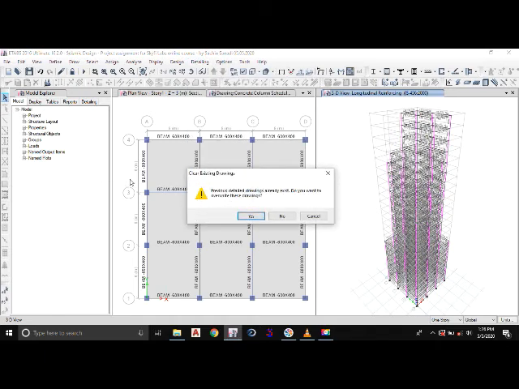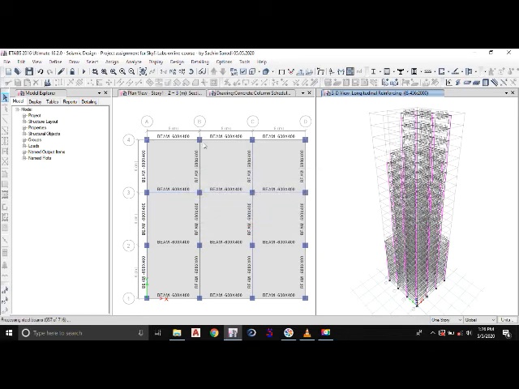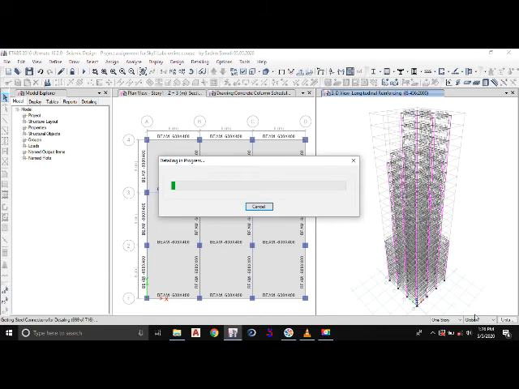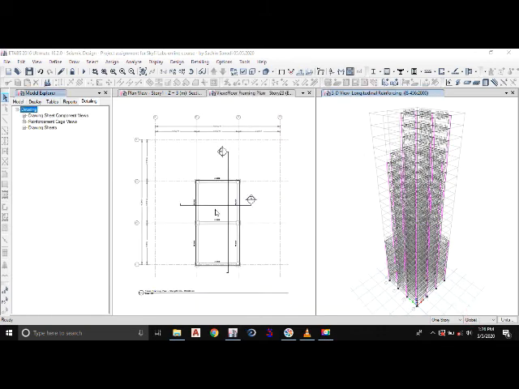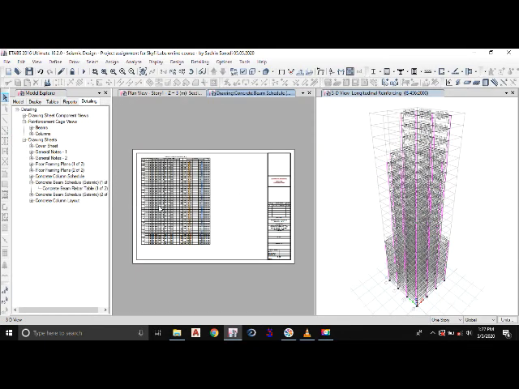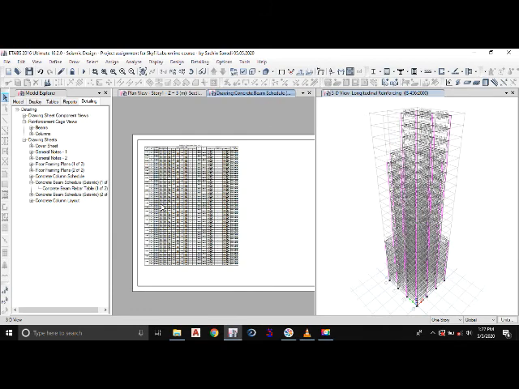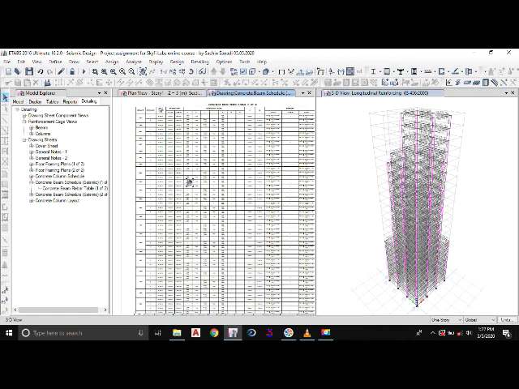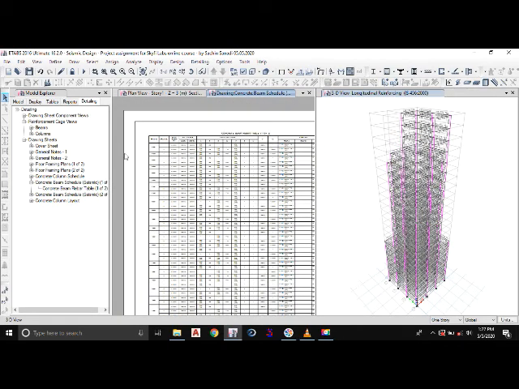Now we have already detailed for the response spectrum analysis, but we have to revise it for the time history. So I'll click yes, and it will start detailing. Once the detailing is complete, you can go for the reinforcement details of this particular structure. So you can see the beam detailing for the structure has been given. You can go and study this in detail.